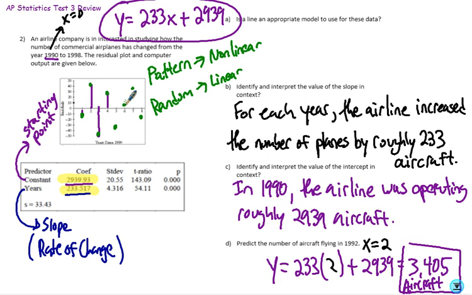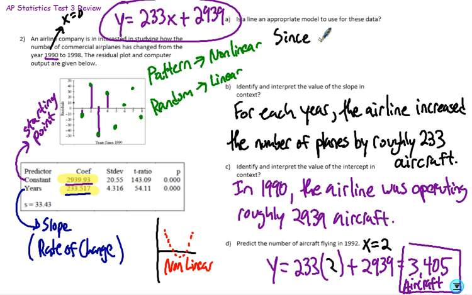A residual plot that would have a pattern might look something like this, where we could clearly see, let's say, something that's kind of parabolic like that. That would be a distinct pattern, right? So this would definitely be something that would be nonlinear. However, in our case, we've got a nice random dispersion, so we would say that,